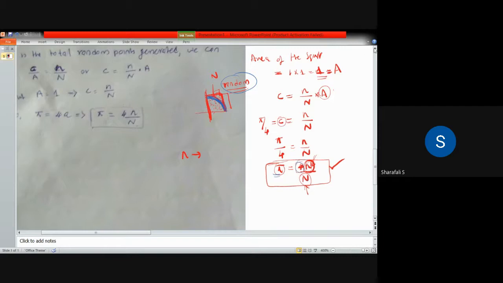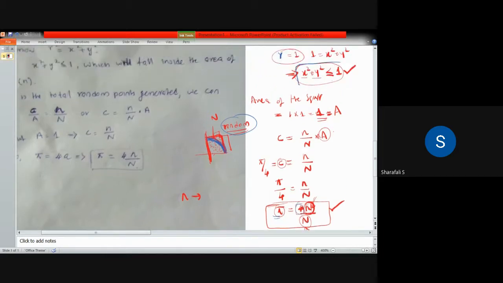That will be checked by using the condition x square plus y square less than or equal to 1. If it is less than or equal to 1, we have to count it, that is, increase the small n. Let us consider n equal to 0 initially. If this point is within, then it will become 1. Then for the next one, if x square plus y square is less than or equal to 1, this will become 2. In such a way, we count how many points come under the quarter of the circle area, and that will be equal to our small n value.